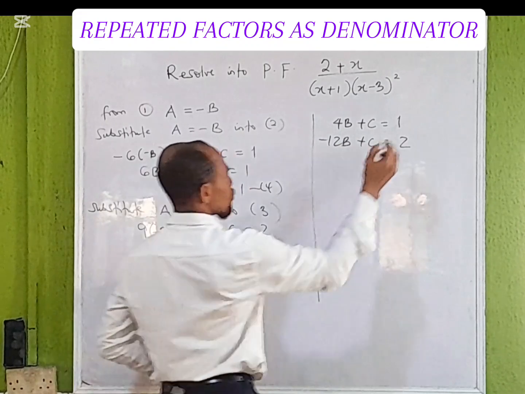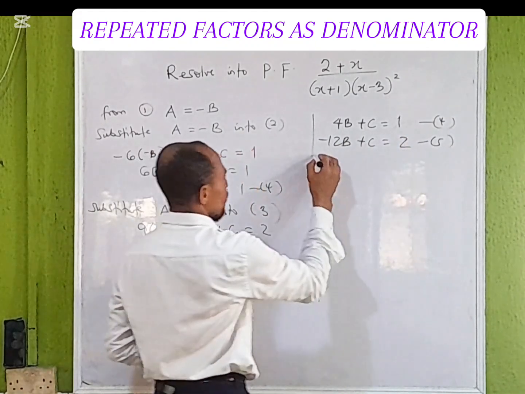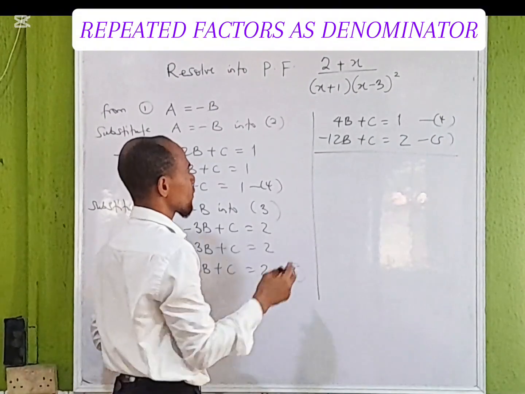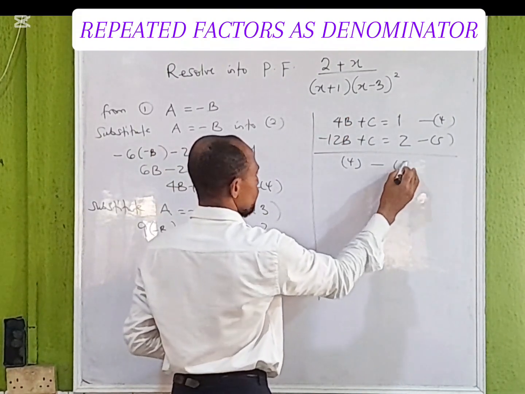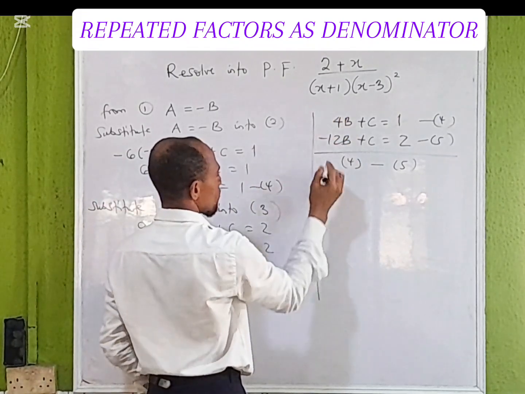Equation 4, equation 5. Luckily for us, we have C having the same coefficient. We can easily eliminate by saying equation 4 minus equation 5. Hence, 4B minus 12B